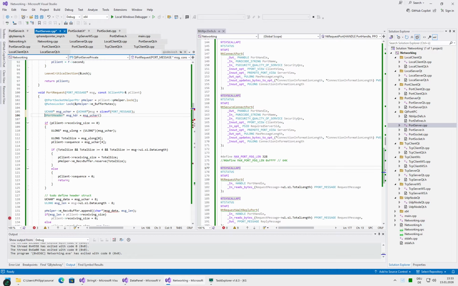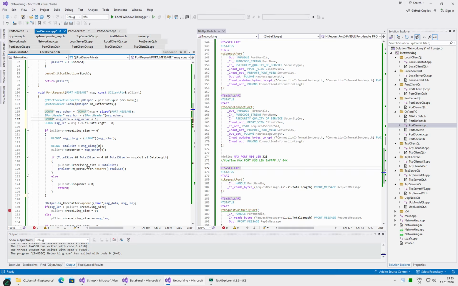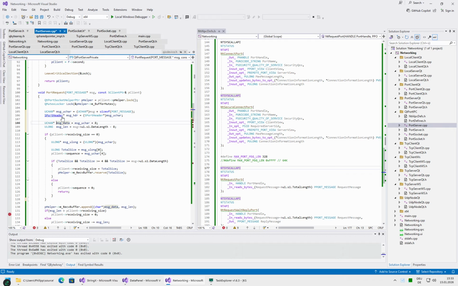Just cast this to, and then we want our actual data, so that 2 goes away. Oops, one's too much. And length. So message data is then of course this thing plus size of this,